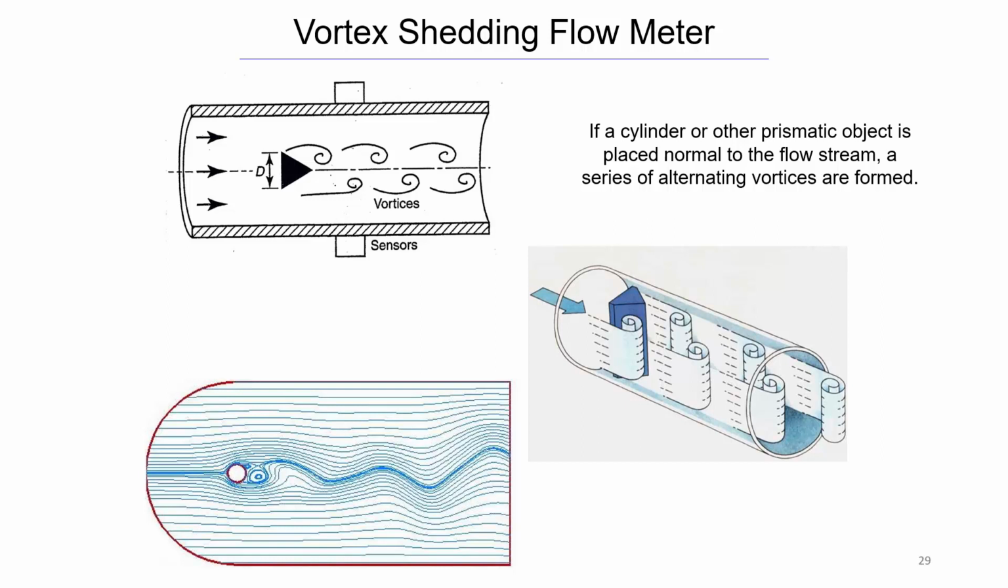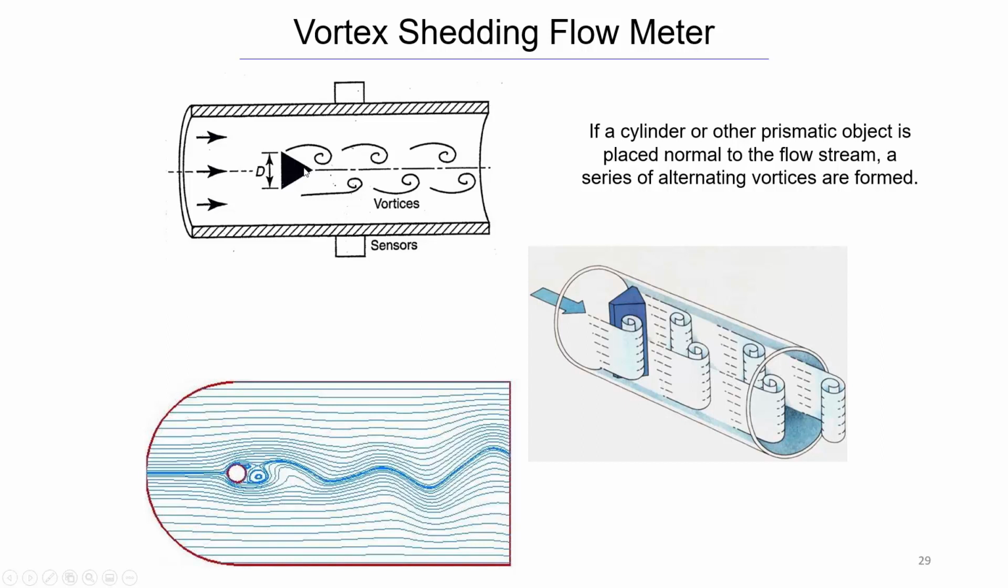Next, we have the vortex shedding flow meter. So this one, we have a prism or cylinder. It's inserted into the flow, and what it does is it creates these alternating vortices. And you have a sensor that's going to measure, or not so much measure, but count. So every time one of these vortices passes by, there's going to be a count, a signal, and it's going to keep track of those. And however many of those there are in time, that's going to let us know